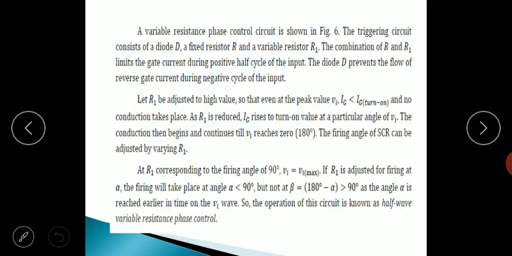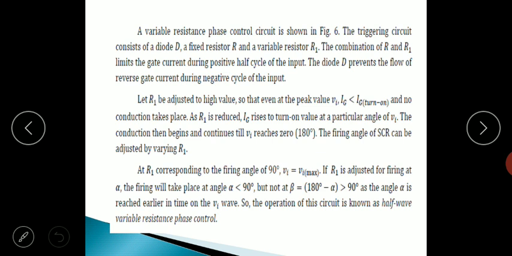The same thing is explained here. With this we have come to the end of the important topic of this module, the SCR. To summarize what we have studied in this section: we started with the definition of the SCR, then we saw the two transistor model of the SCR, then the switching action using this two transistor model, then what commutation is and two different types of commutation, natural commutation and forced commutation.